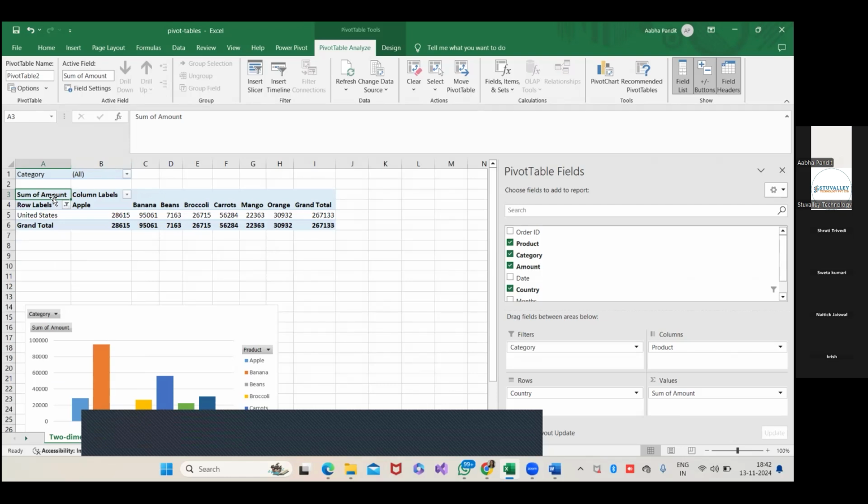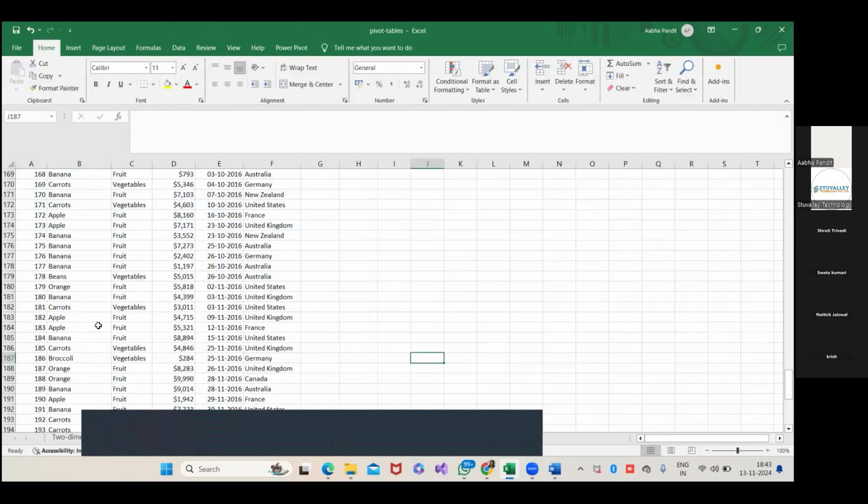So just insert the pivot table. I'll tell you the steps you need to follow. Insert the pivot table on the same sheet which I had shared with you. Insert the pivot table here. And then, when you are inserting it, select the data, the complete sheet. Done, everybody on the same step.